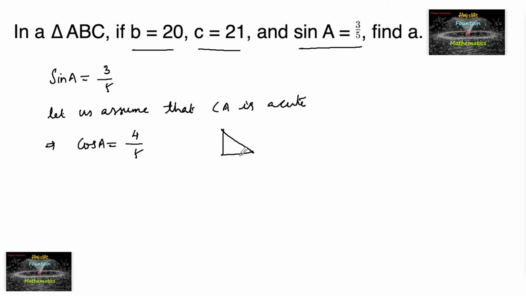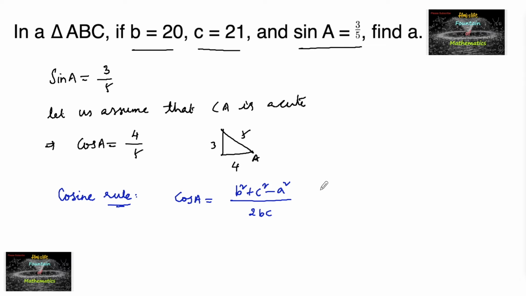From the right angle triangle we can consider, opposite upon hypotenuse 3 and 5, Pythagorean triplet 3, 4, 5. So cos A will be taken 4 upon 5. And by cosine rule, from cosine rule we have cos A is equal to b square plus c square minus a square upon 2bc,